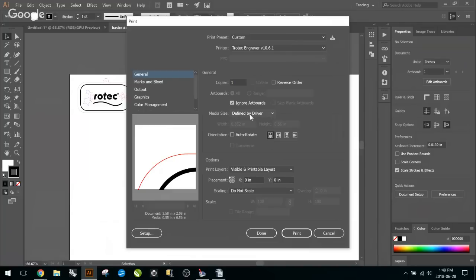So now you can see here our media size. This is what that last person was mentioning here. You're going to want to go right down to the bottom here and select user-defined paper. What that does is it uses the reference that we just used in our preferences in the last page there. We selected our material size. So you can see down here, the actual object that we created is 3.58 inches by 2.08 inches, and the media is 24 by 12 inches. So that was set by our preference box